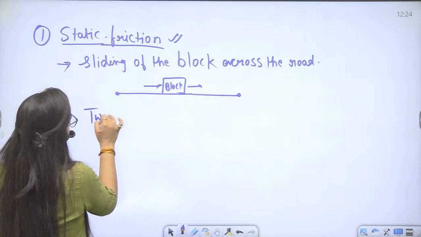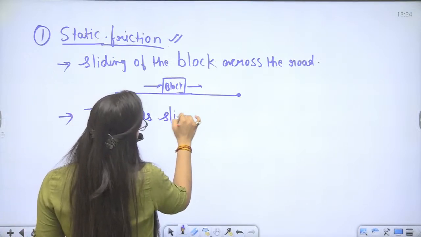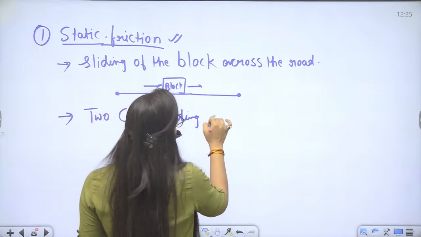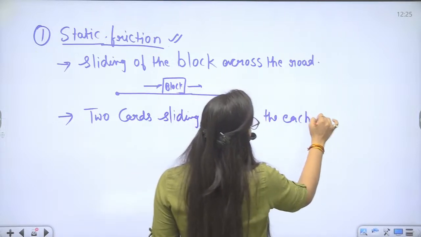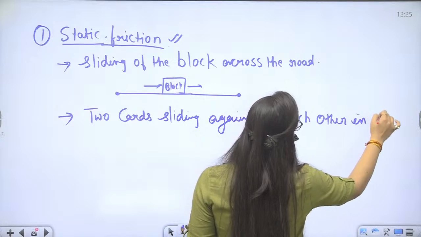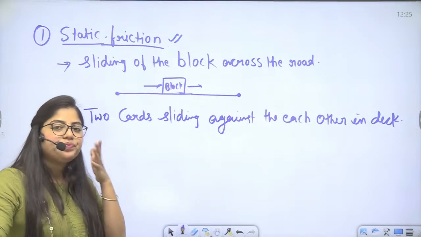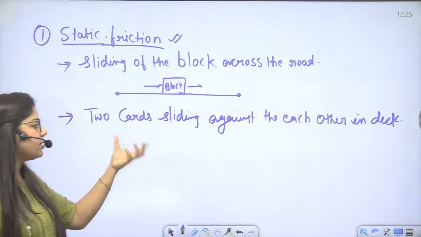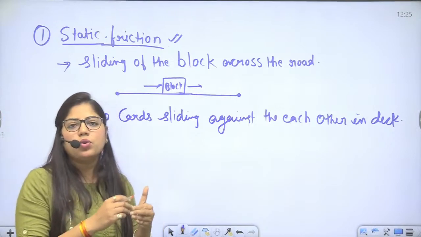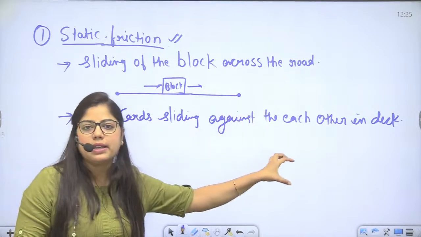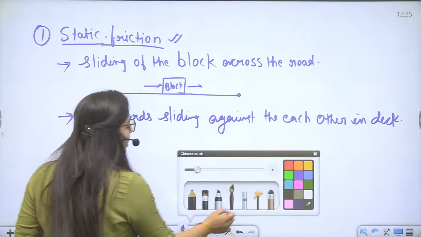Two cards sliding against each other in a deck. If you are going to play cards, you have a deck in your hand and you shuffle the cards, so they are sliding against each other in the deck. Clear? Right. Now the second